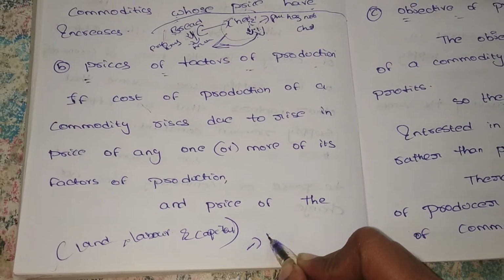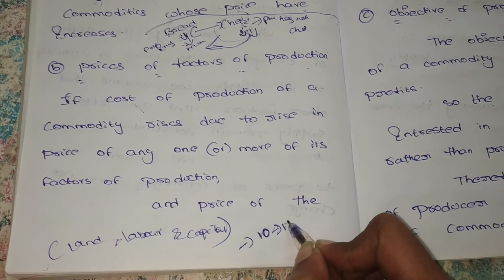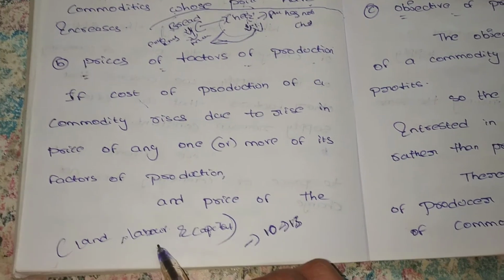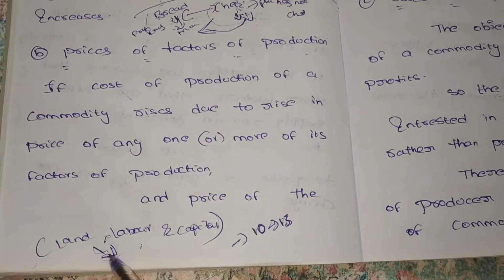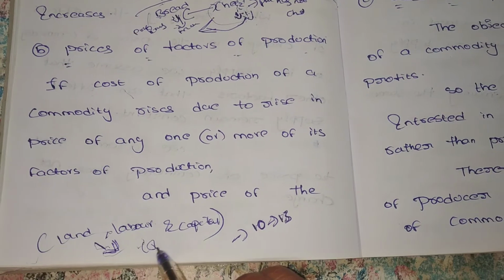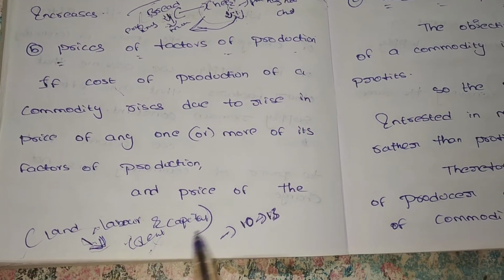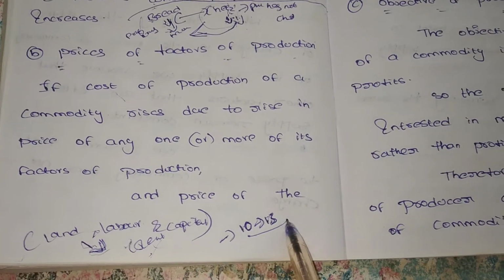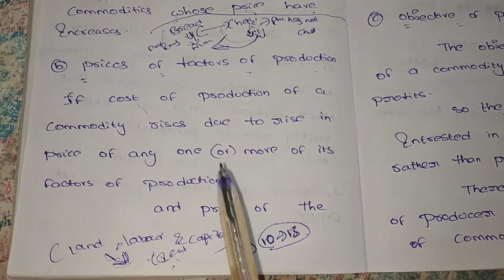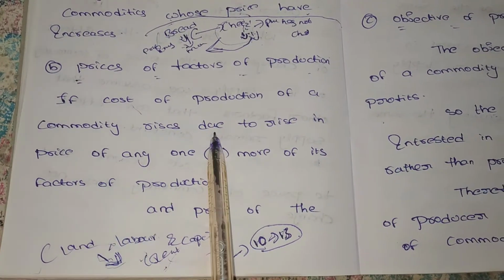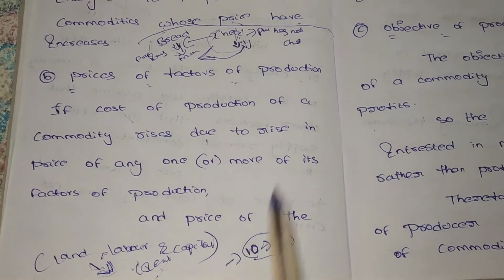in the past we produced 1 unit for 10 rupees, but it increased to 13 rupees due to changes in land cost. We have to pay, there is a change in our land cost. You are paying more rent when compared to last month. So for that change in rent, the cost of production of a particular good will increase from 10 rupees to 13. Let's think, it's an example. If the cost of production of a commodity rises due to a rise in price of any one or more of its factors of production,